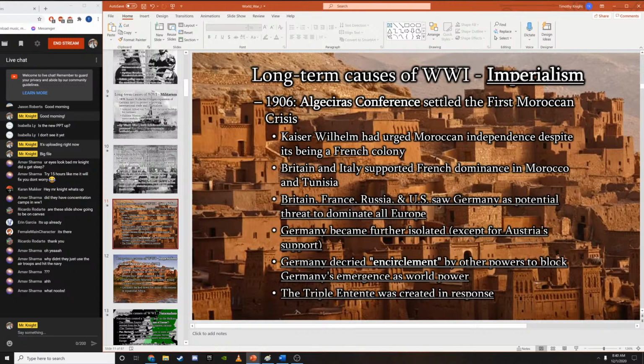And they start crying out, oh, you guys are encircling us. You're trying to block our emergence as a world power. And they start to get all fussy and whiny about things. And the Triple Entente is created precisely in response to Germany and its growing